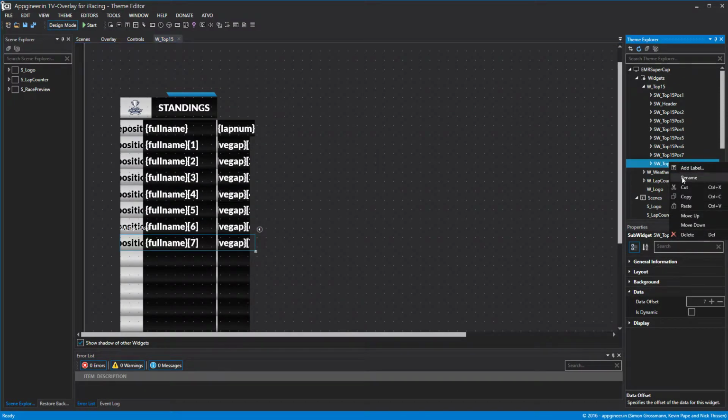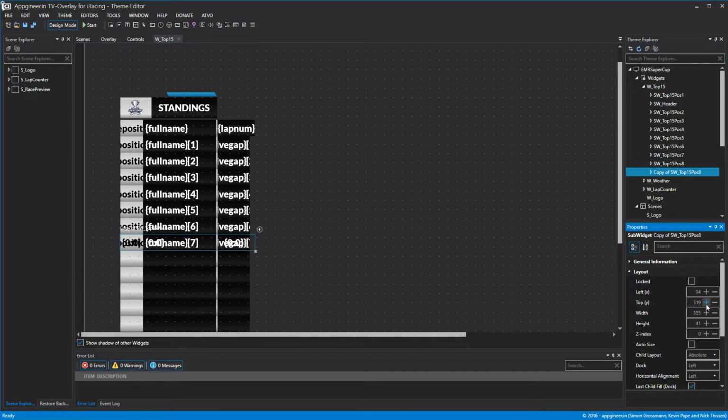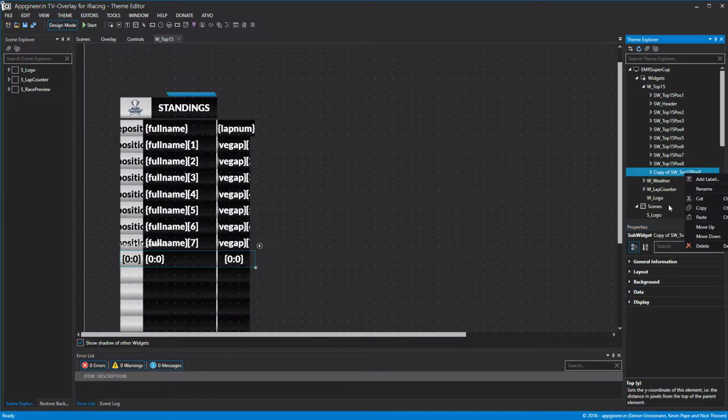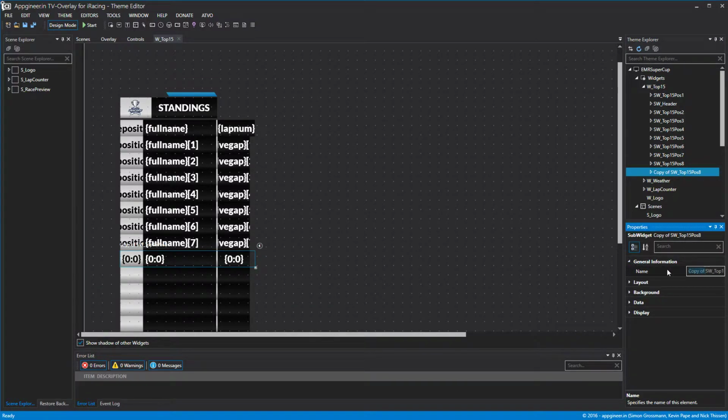There are a few free themes out there, but having a custom theme I think is the most important thing you want to do if you're wanting to actually make your broadcast look professional. You don't want to look like everyone else. You don't want to look like the TV. Exactly, you want to have your own identity and your own theme. So it's probably the most important thing is having your own identity,